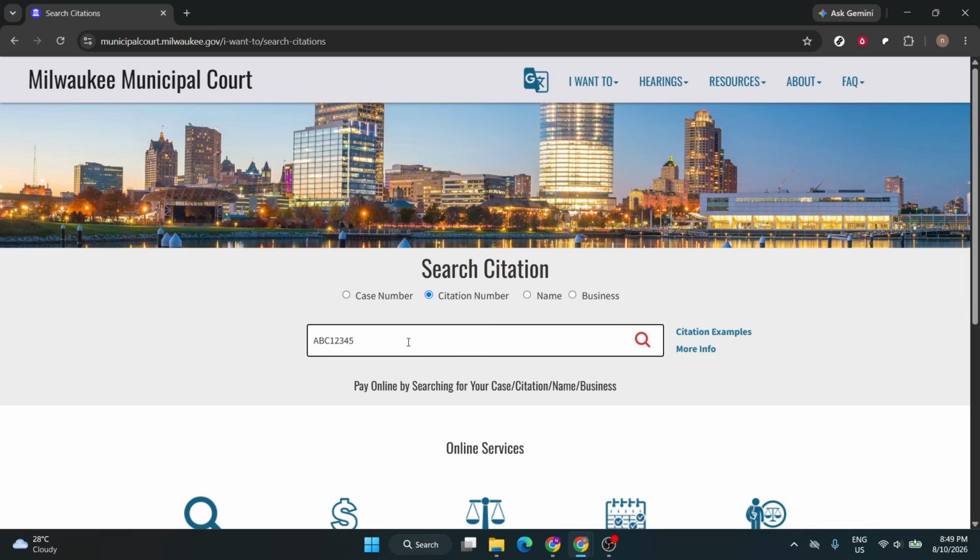The website will then look up the matching citation in the court system. If the ticket has been filed and the number was entered correctly, your case information should appear. From there, continue to the next step and follow the prompts on the screen to complete the payment process. The exact prompts may vary slightly depending on your case, but the website will guide you through what to review,